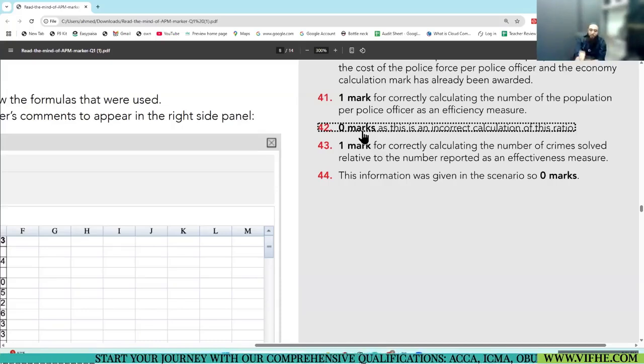My next question from you people: did this student cover all the 4 CSFs? No. He covered criminals caught. He covered protection for the risk of harm. That's it. How many marks did he manage to secure? 1 mark for the calc and 3 marks: 1 for the effectiveness definition, 2 marks for the assessment. 4 marks in the effectiveness area. Not even covering all the CSFs.